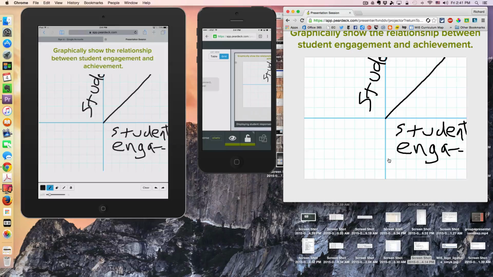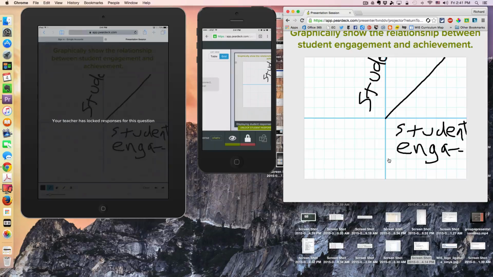And as previously, I can also lock those responses, so if we need to focus on the projector, we can do that. We can basically lock down the screen so they're directing their attention to the projector. So the next slide, I can go back over,